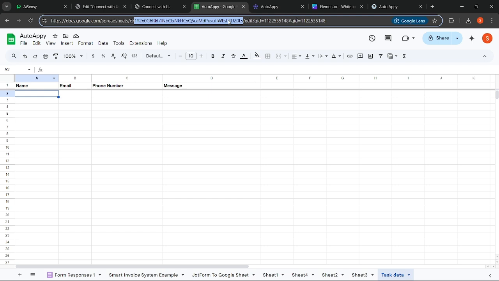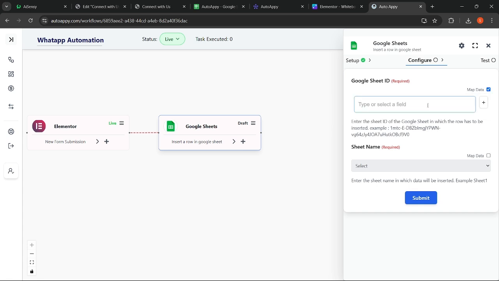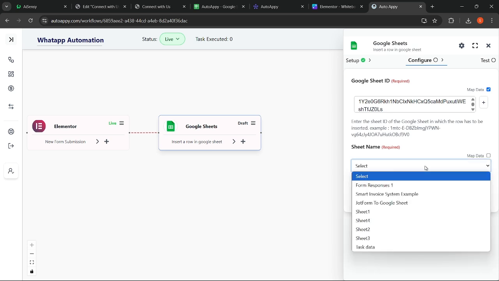Just copy it and paste it here in Google Sheet ID. You can see after pasting the Google Sheet ID, the list of the sheet names is